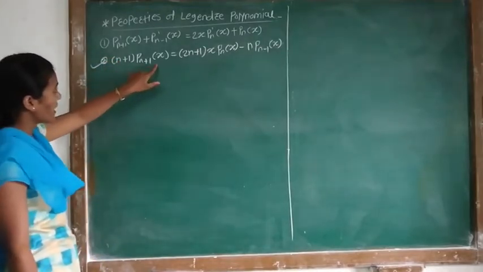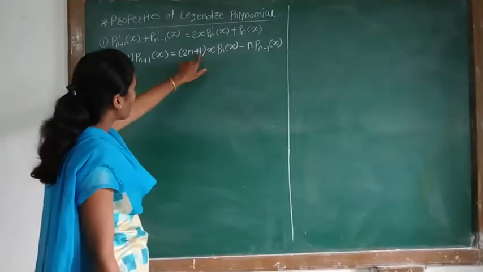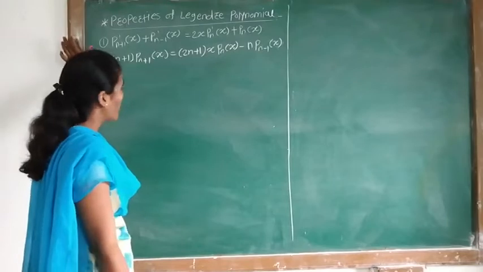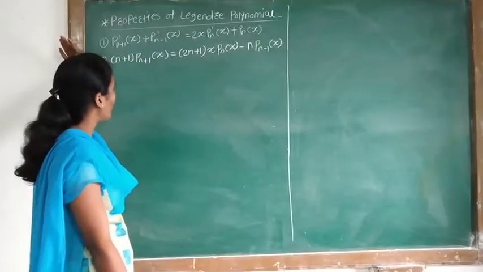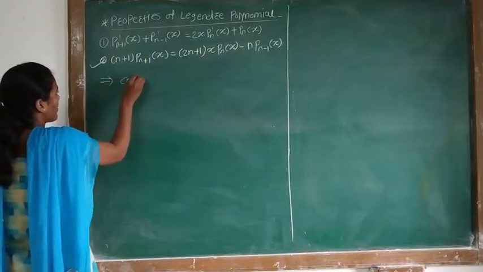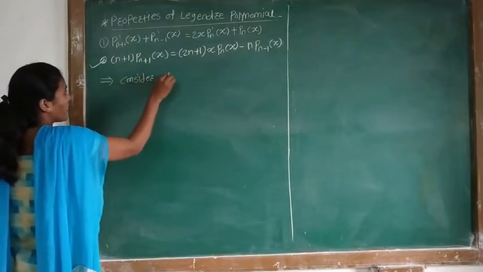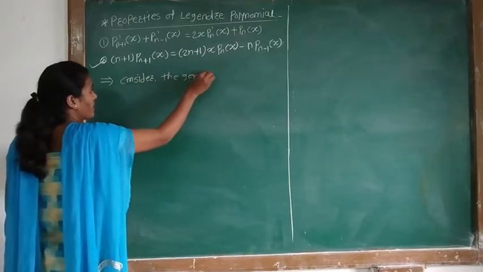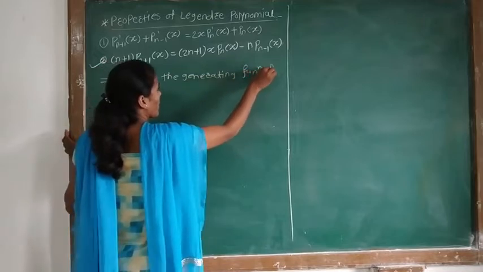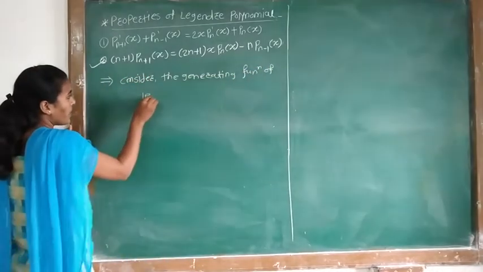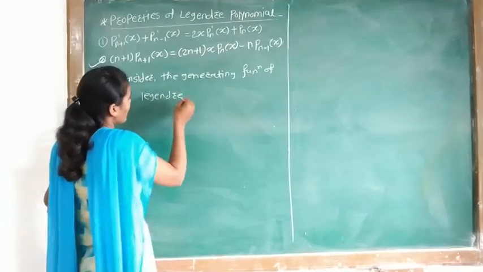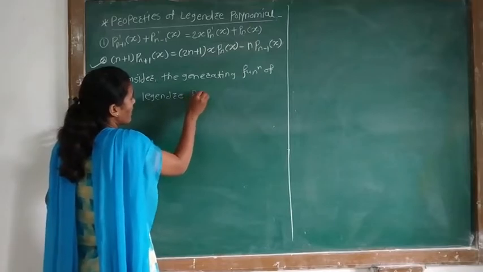(n plus 1) Pn plus 1 of x is equal to (2n plus 1) x Pn of x minus n Pn minus 1 of x, on the basis of the generating function of Legendre polynomial. Now, consider the generating function of Legendre polynomial. This was already discussed in the last lecture. The generating function of Legendre polynomial is